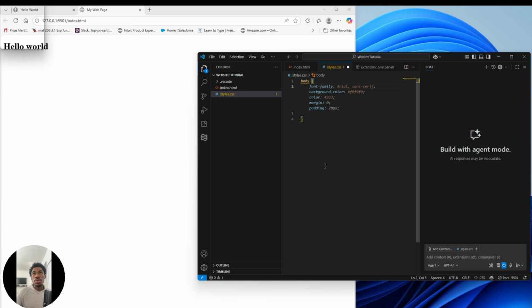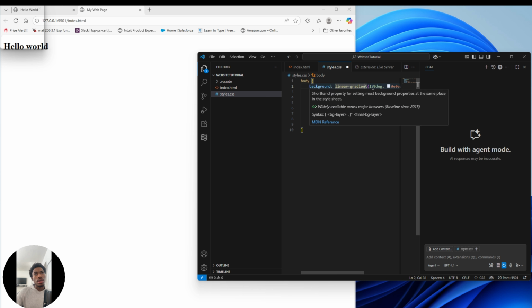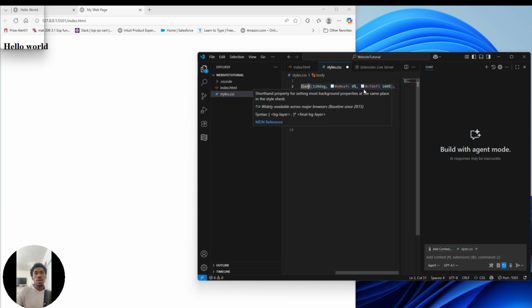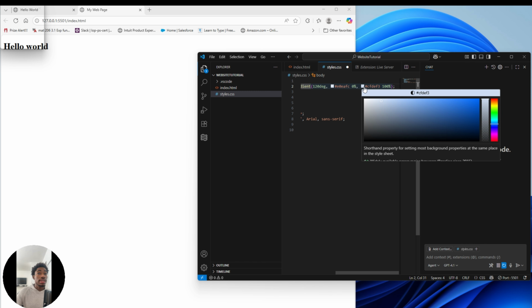All right. So what I'm gonna do is put this code over here, because that's something that I had before, which I'm gonna be using here. Okay. So you're gonna see the background, the linear gradient. We're gonna keep it at 120 degrees, and then one thing that we're gonna do, we're gonna double check the colors and everything. Okay, you can check this. There's something that's been added with